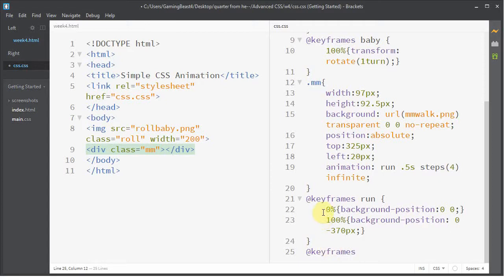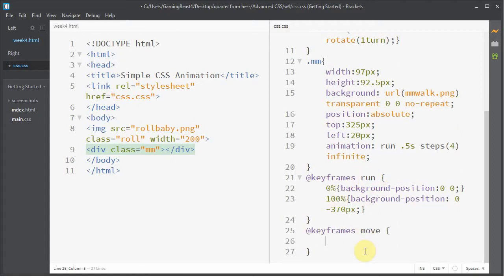Now I could keyframe this out, right? I could combine this all into the one, but I don't really want to, just because I like to keep them separate, but it's up to you. I could say 0% background position, and then I could tell him to move over from the left, but right now I'm not going to do that. So we've got keyframes for move because I want to show you how you can combine more than one animation